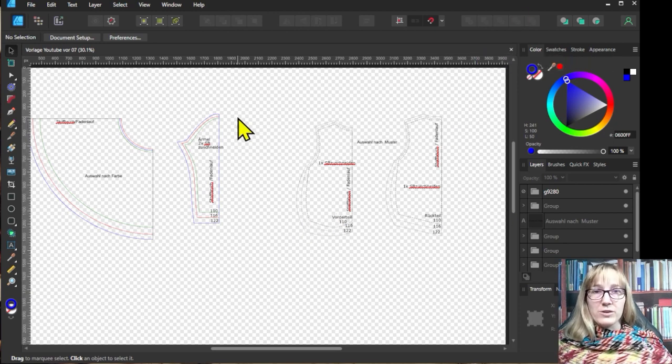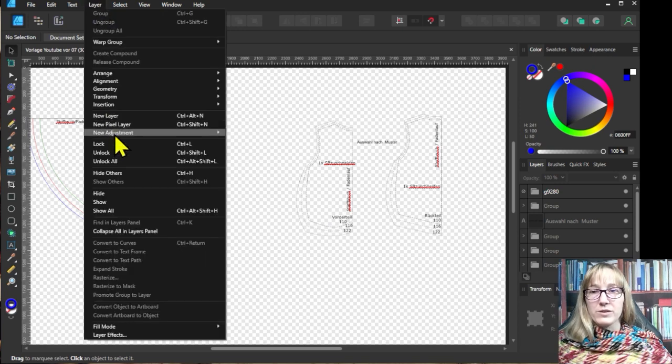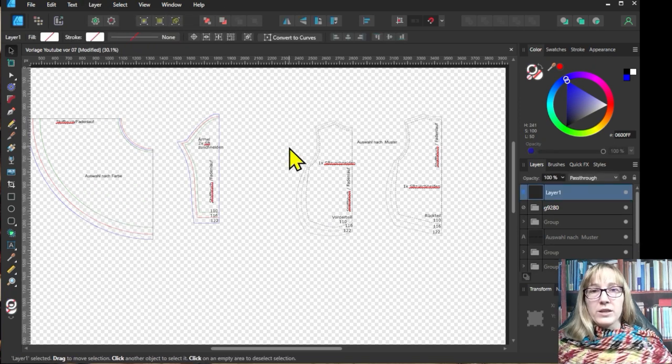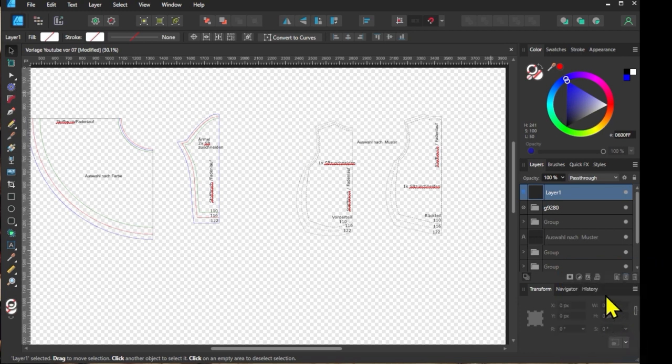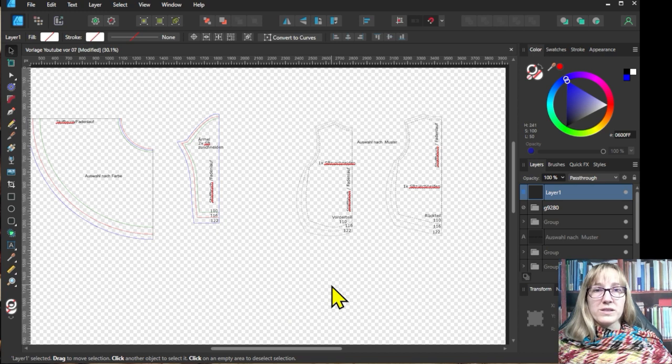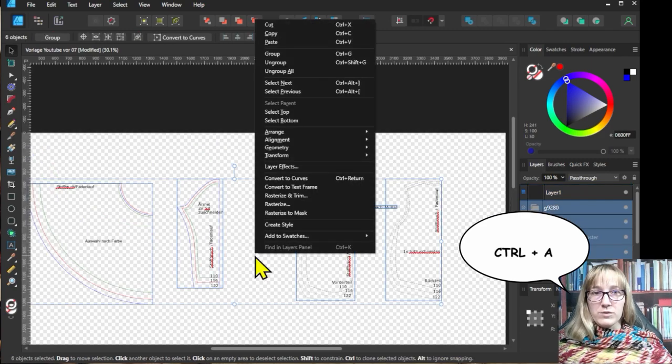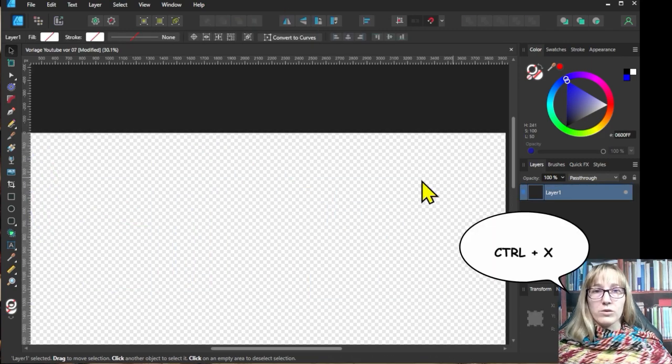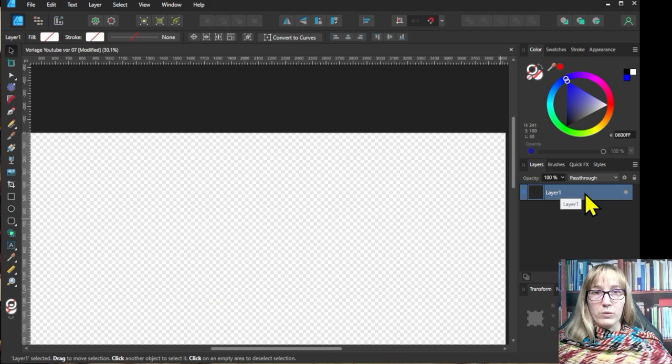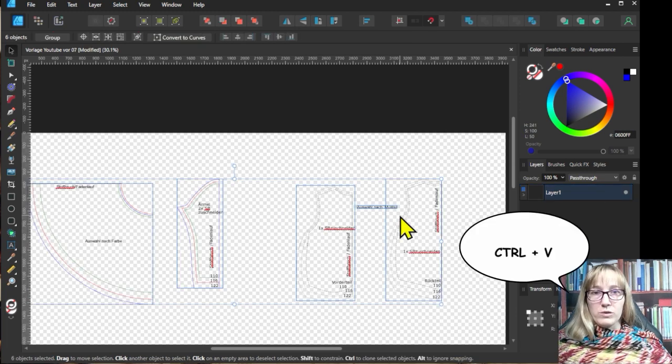To create a layer, you click here on Layer and create new layer. You can also do this with Ctrl Alt and N or select the icon Add Layer on the right side. On the right you will see a new layer. First I copy all objects and put them on the new layer. This makes it sometimes clearer. For this I mark everything with Ctrl and A and either right click and cut or Ctrl and X and then click on layer 1 and paste everything with right click and paste or Ctrl and V on the layer.